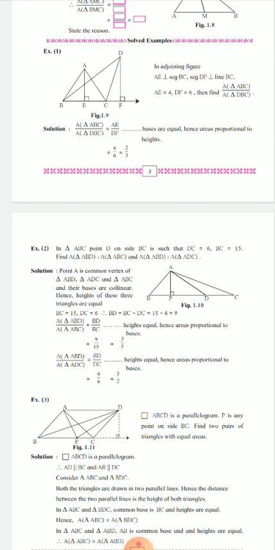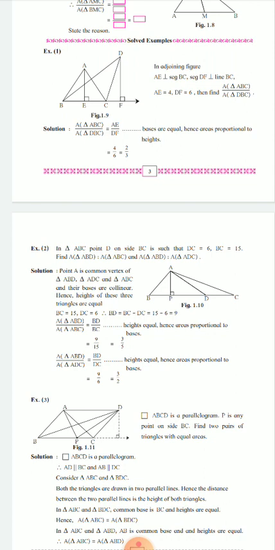Now we just write down the formula: BD equals BC minus DC. BC is 15 units and DC is 6 units, so 15 minus 6, you will get 9 units. Why I'm giving the word unit there: because the unit is not given. Whatever the unit is, you have to consider it, whether it is a centimeter, a millimeter, or a meter, in terms of distance only. Here the unit is not given, so I am just referring to it as a unit.